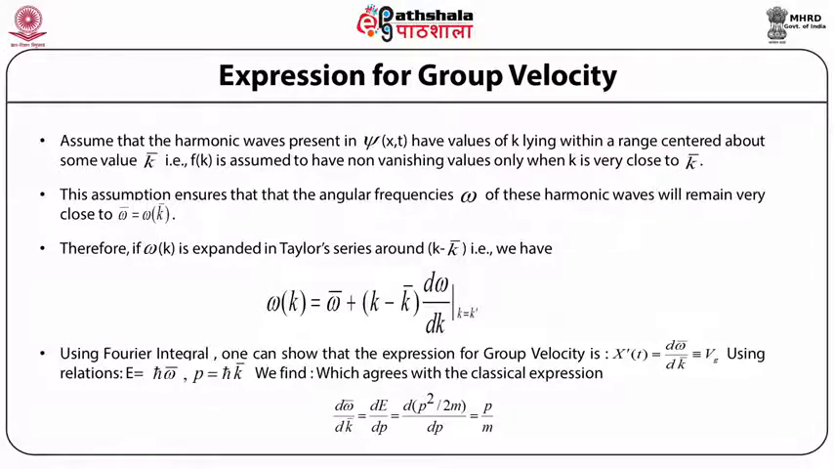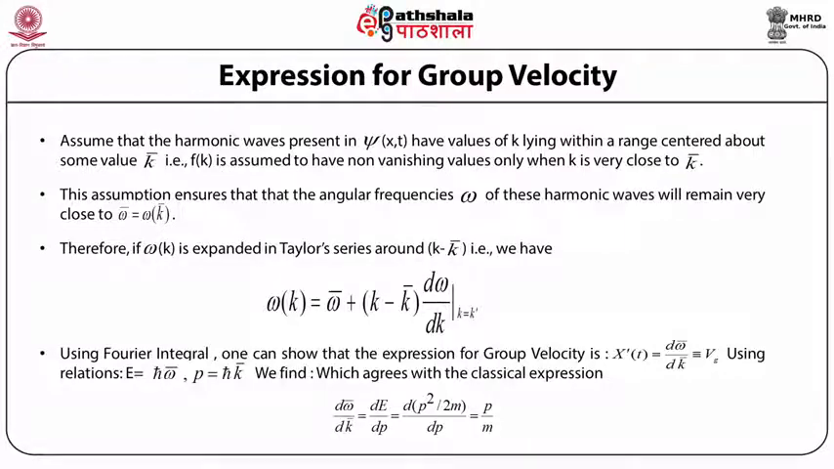Using the relations E equals ħω̄, the energy associated with the wave packet, and the momentum of the wave packet given by ħk̄, we find that the expression for the group velocity agrees with the classical expression, which is dω̄/dk̄ equals the derivative of the energy with respect to the momentum, that is dE/dp, and this is equal to d/dp within brackets